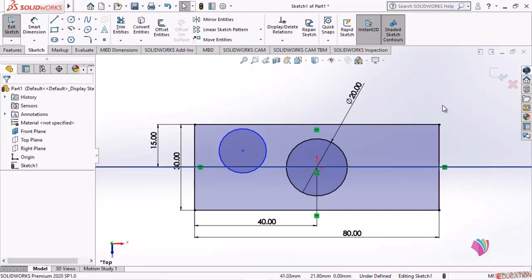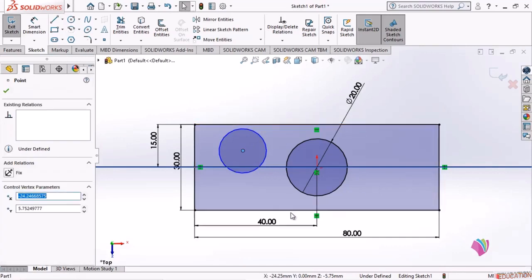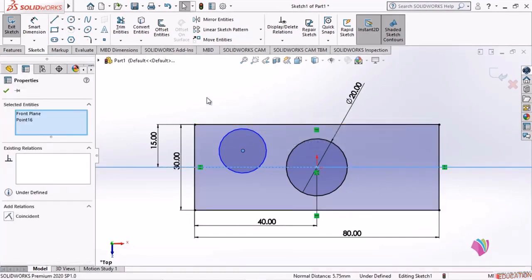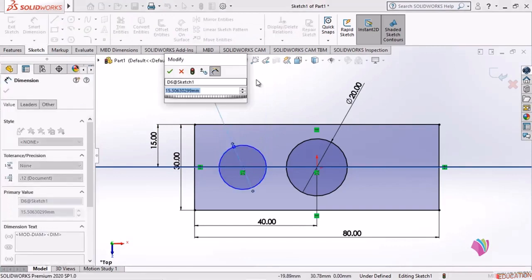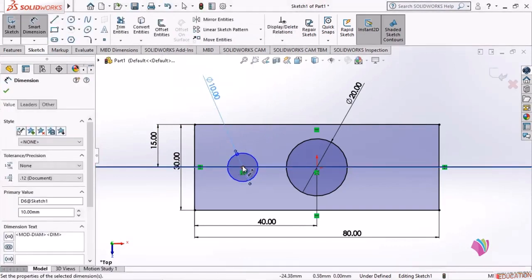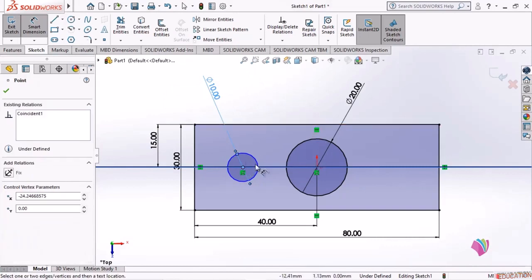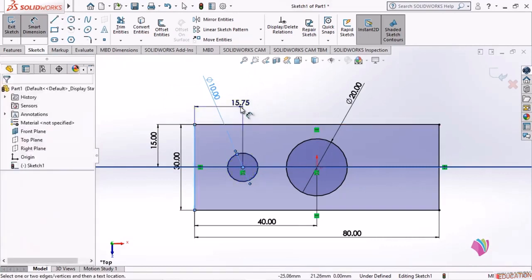So we can use this center plane and coincide this point with this plane. Coincident. You can see. Now we'll take the dimension. The diameter is given as 10 mm and the position, that is from the center to this line,